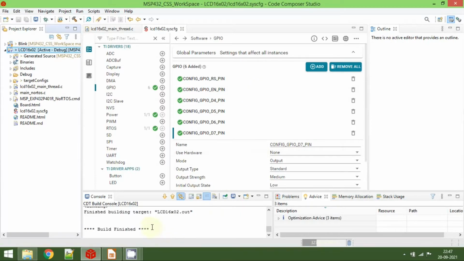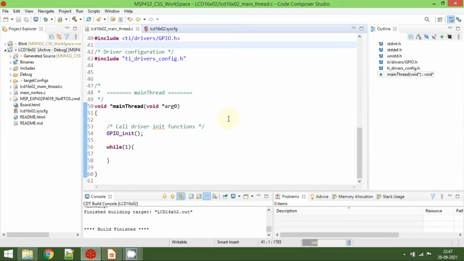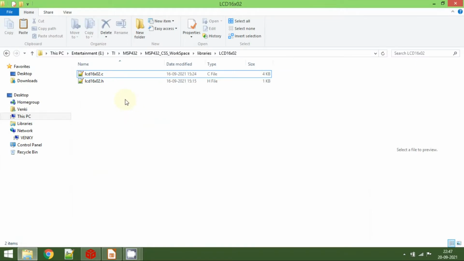So here you can see the code is compiled successfully without errors and warnings. Okay, and so now go to the LCD16x2 main thread.c file here. Okay, and then here, I have developed a library. Okay, so I'll put the link in the description so that you can go ahead and download the library file